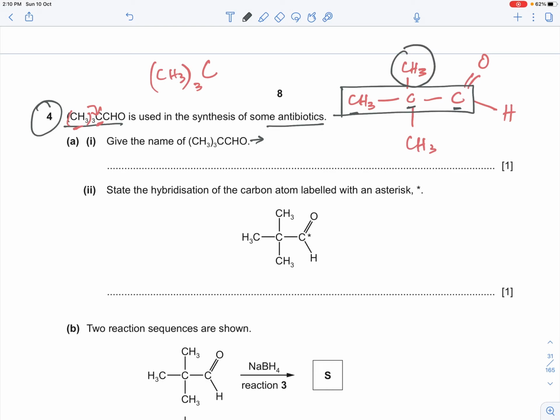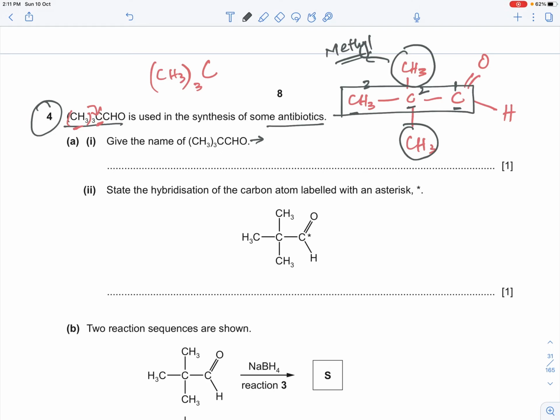So this is the first branch and this is the second branch. A branch which has only 1 carbon atom is called methyl. So we have 2 methyl groups. The aldehydic carbon will always be carbon number 1. So this is carbon number 1, carbon number 2, carbon number 3. So the name of this compound would be, now we have 2 methyl groups on the second carbon. So the rule is